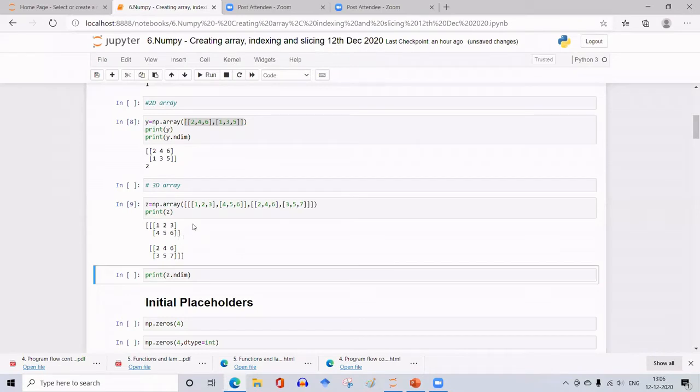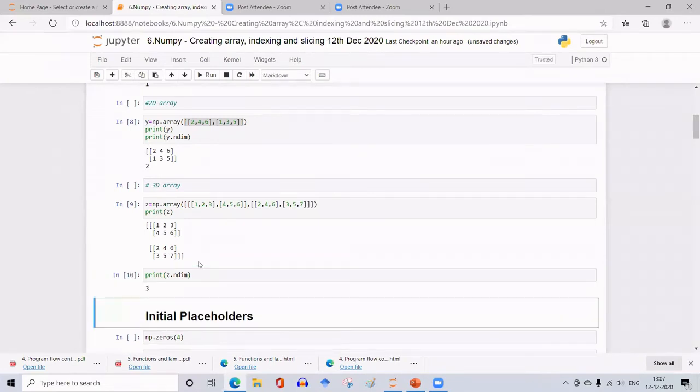If you imagine it as a 3D object, this will be behind this, forming the second object along the axis 2. So if I print the dimension of this, I must get a number which is 3, which represents that this is a three-dimensional array.